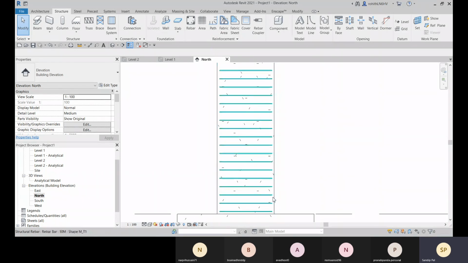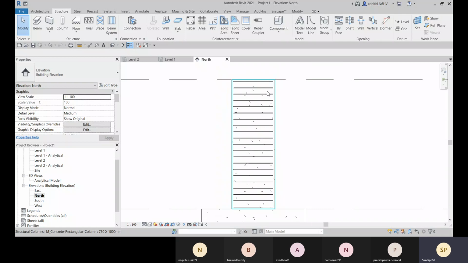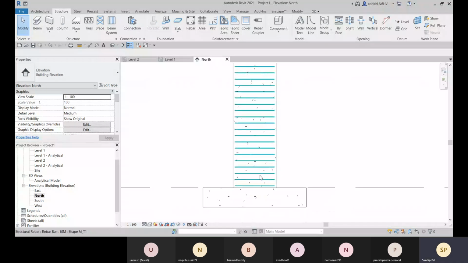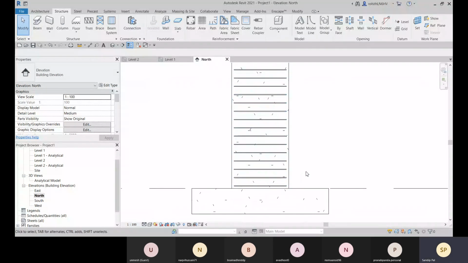The cover plane is from all four sides, from this side, from the bottom, from the top also. We have horizontal covers and we have vertical covers also. So you have to choose how you want to place it.